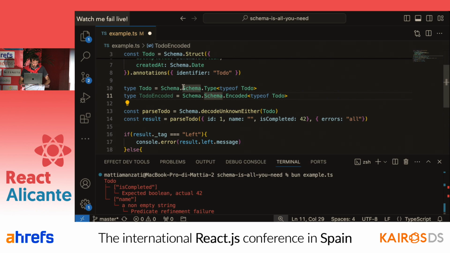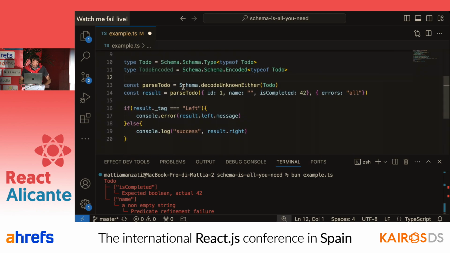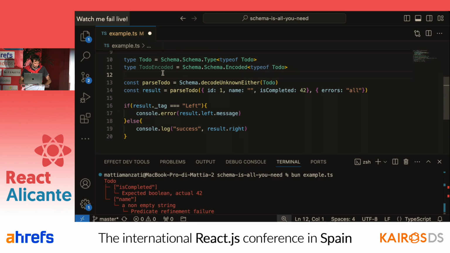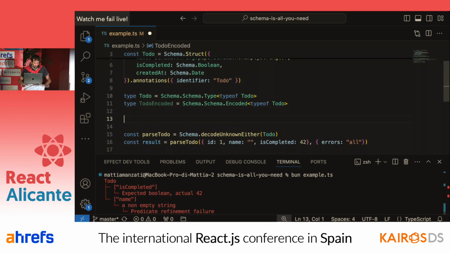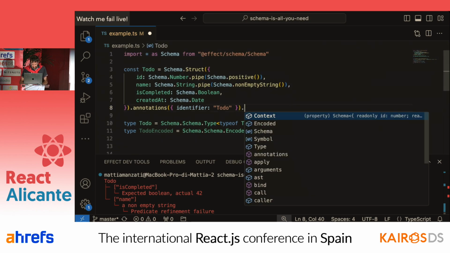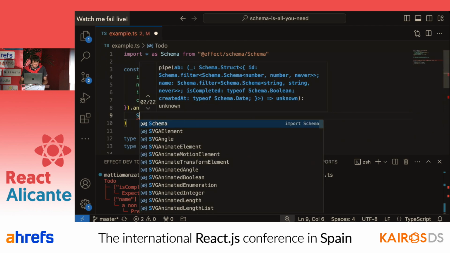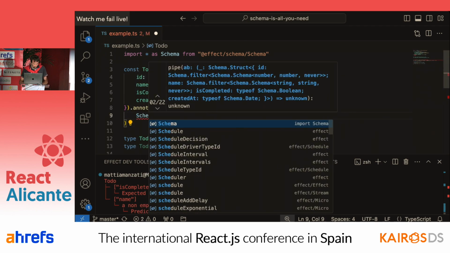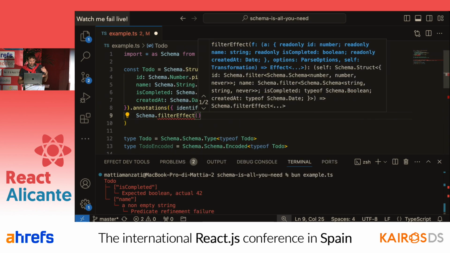Let's take a look at a simple example. Let's say that we want to do something crazy. Let's say that we now want to ensure that this entire structure passes Schema.filterEffect. This filterEffect will basically add a check on the whole structure.